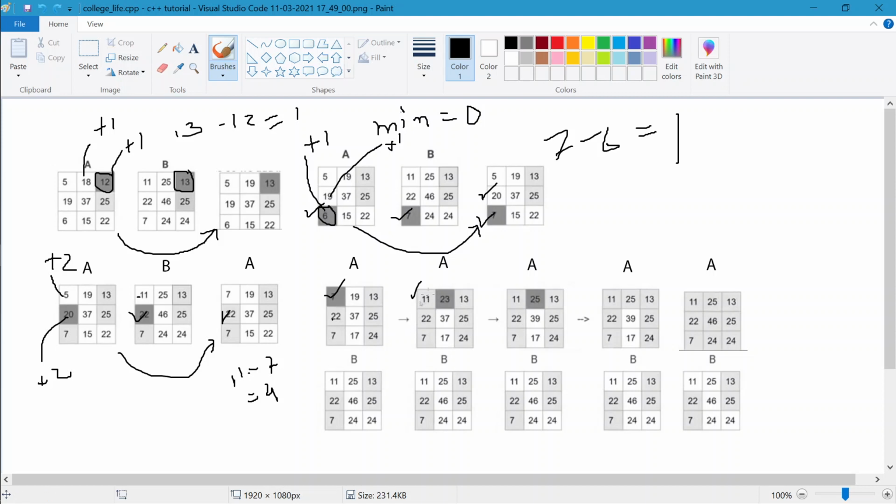Wait. This is A only. 22 is equal to 22. Okay, so you are going to add on the row side. So after adding plus 4 here and here also plus 4, it becomes this. Okay, so now compare it with this one. Compare this with this.